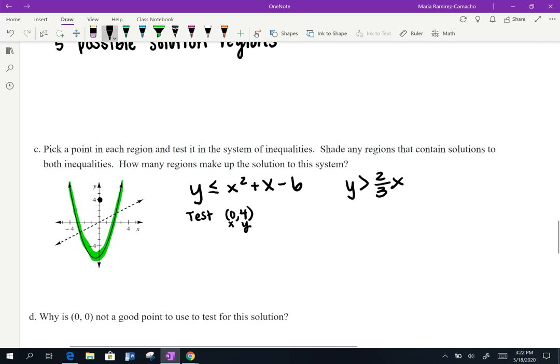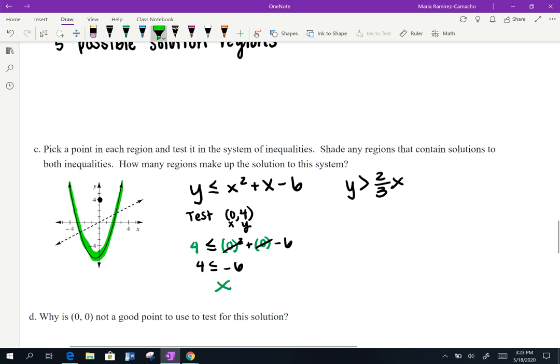That's 4 for y, 0 squared plus 0 minus 6. Simplify. I'm left with negative 6. Is 4 less than or equal to negative 6? No. So (0, 4) is not a solution,